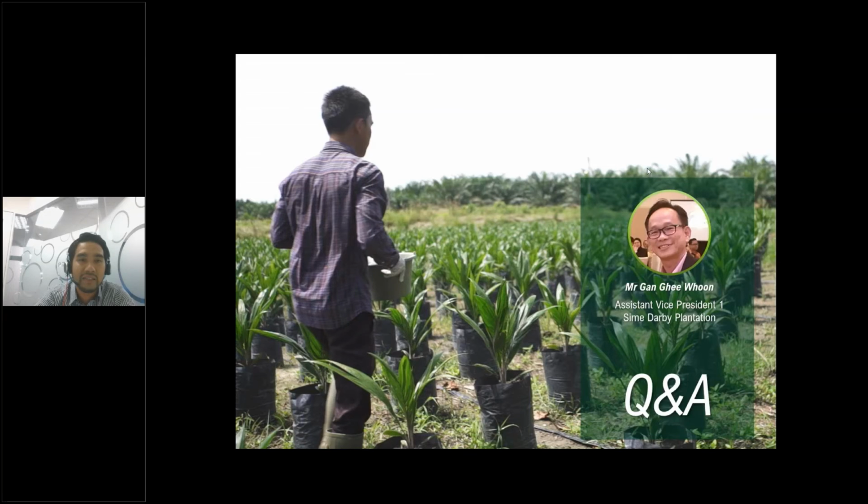Because for the young and immature ones, we are very worried about the rats, because they don't come for the fruits, they come for the palm. They bore through the cabbage, they kill the palm. So you have to be very vigilant and observant. The field assistant or the conductor has to move around in the field, and it's just a baby. You need a lot of attention and care.